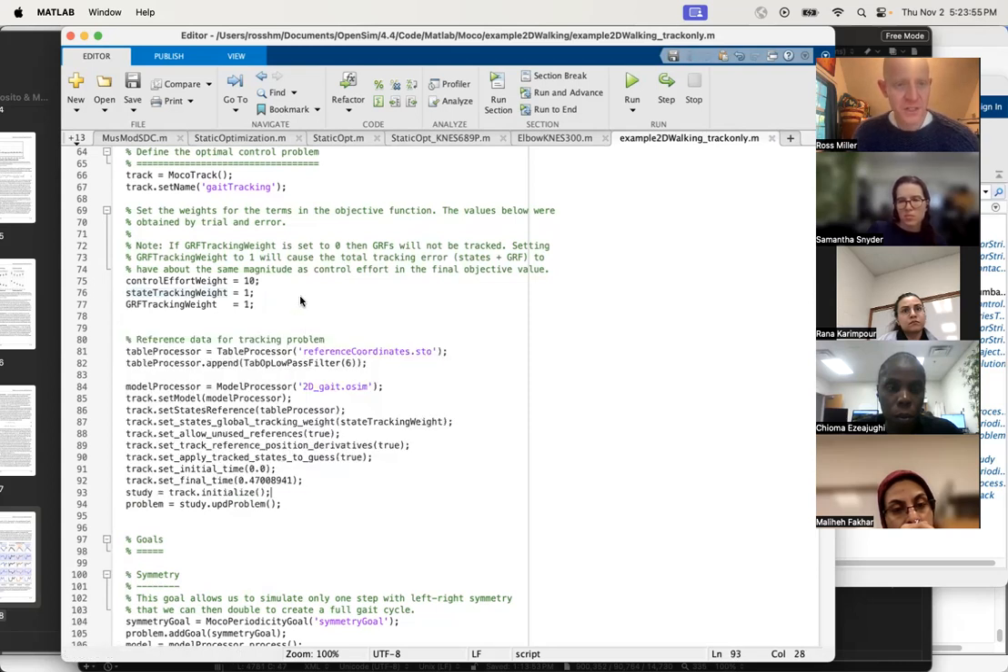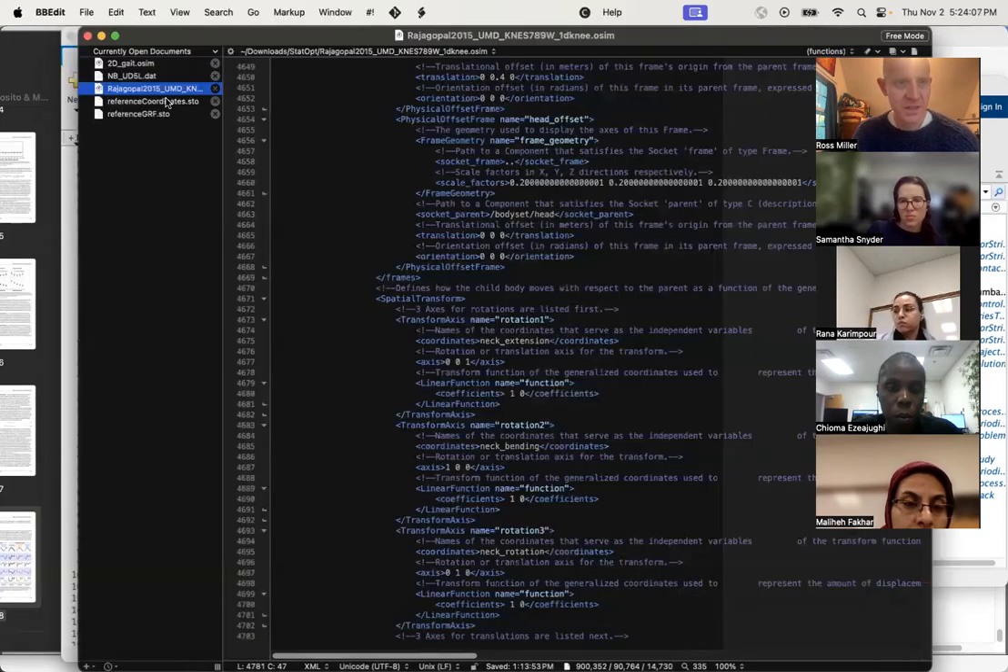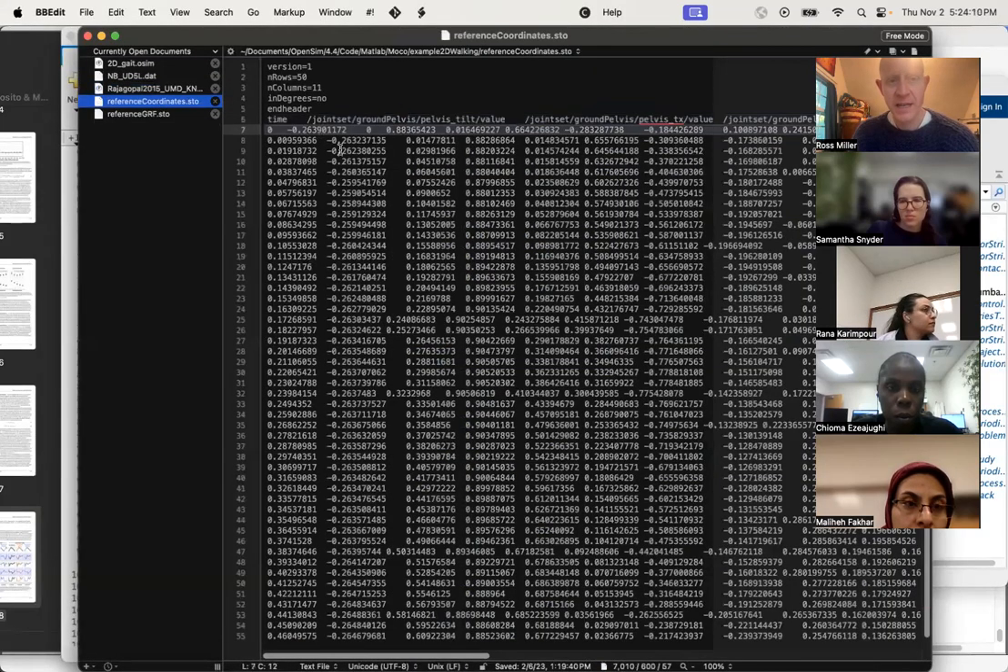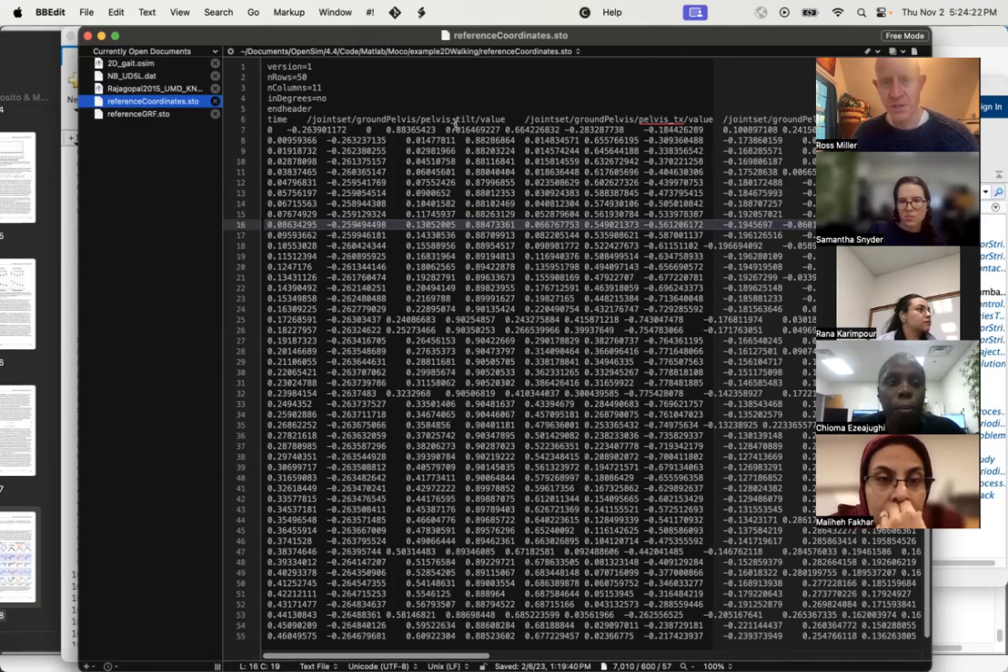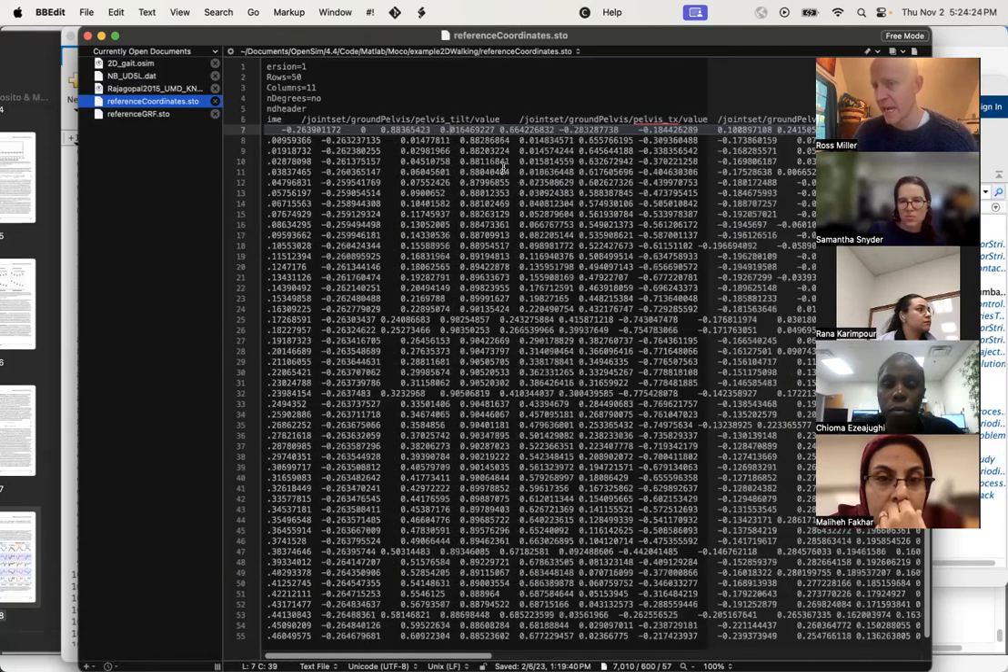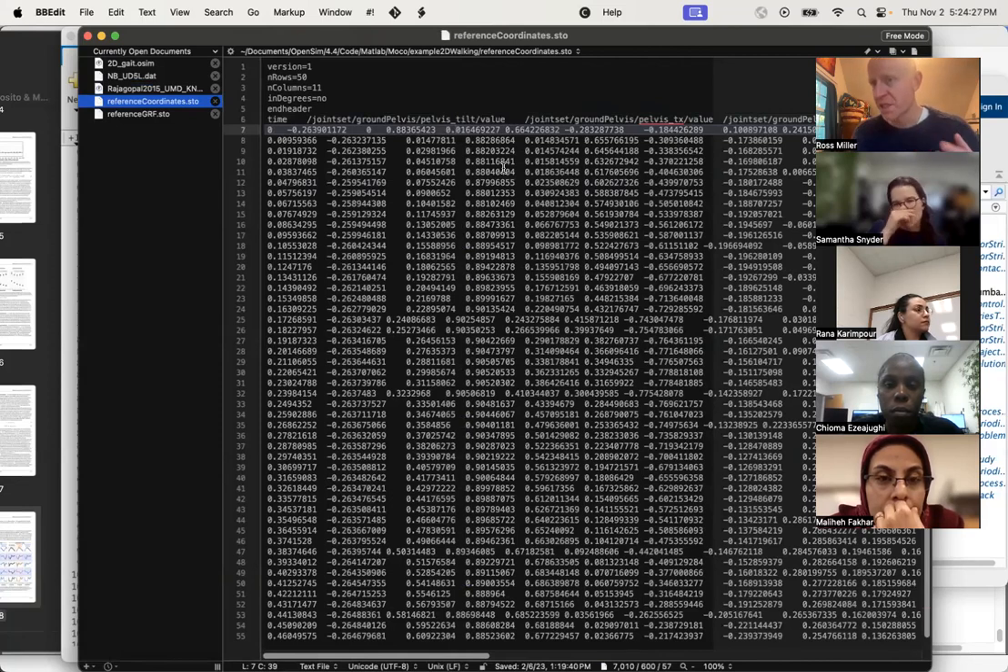These parts down here, this business where it says table processor, for that, he's reading in his data file that has his reference coordinates in it. And what were reference coordinates? That was this file here that has the target motions in it. So this is the file that has, as functions of time, the movement data for how we want the model to ideally move. So the target values of its motions for the pelvis and the hip and the knee and the ankle and whatever other coordinates are in the model